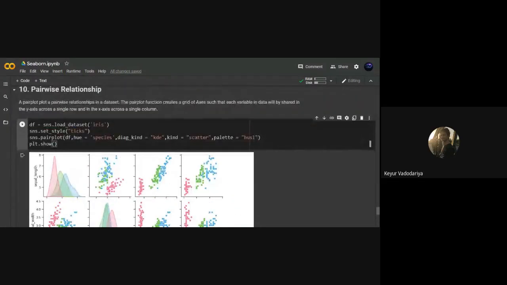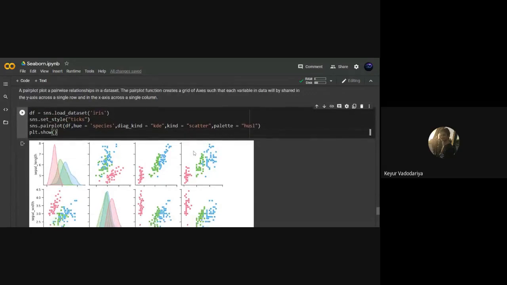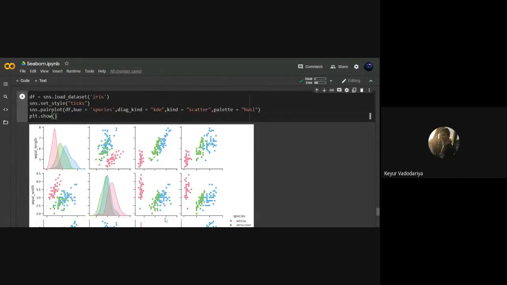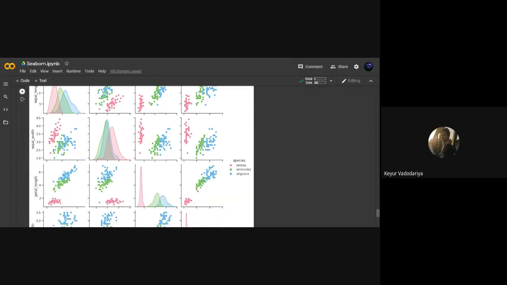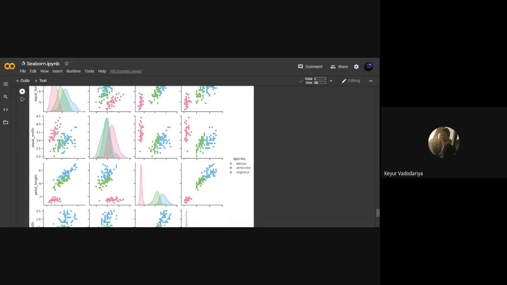Then we specify kind, that is apart from the diagonal, what kind of plotting we want. So here we have specified scatter for the non-diagonal and KDE for the diagonal. We have specified the palette to be husl, so we have specified our custom color palette to use for this plotting. And you get a plot where columns are plotted against each other.